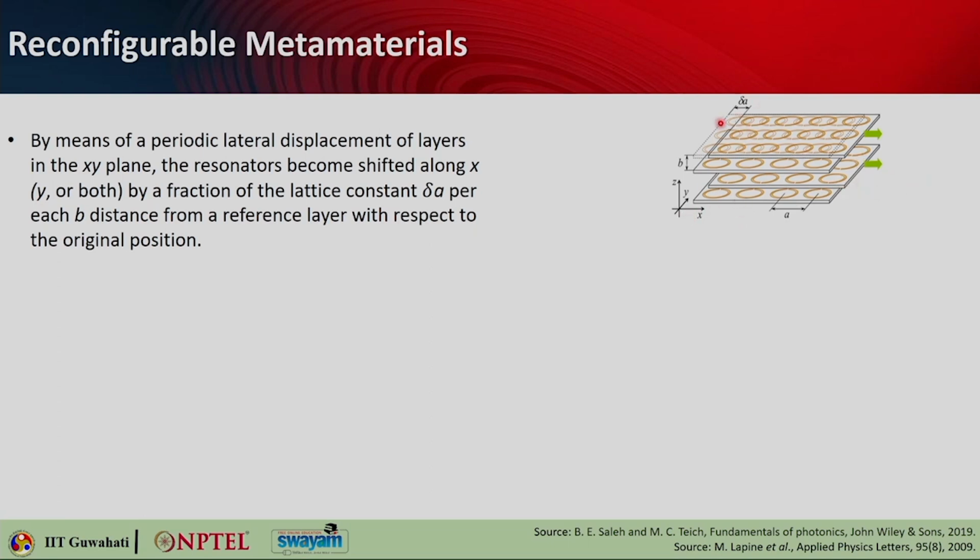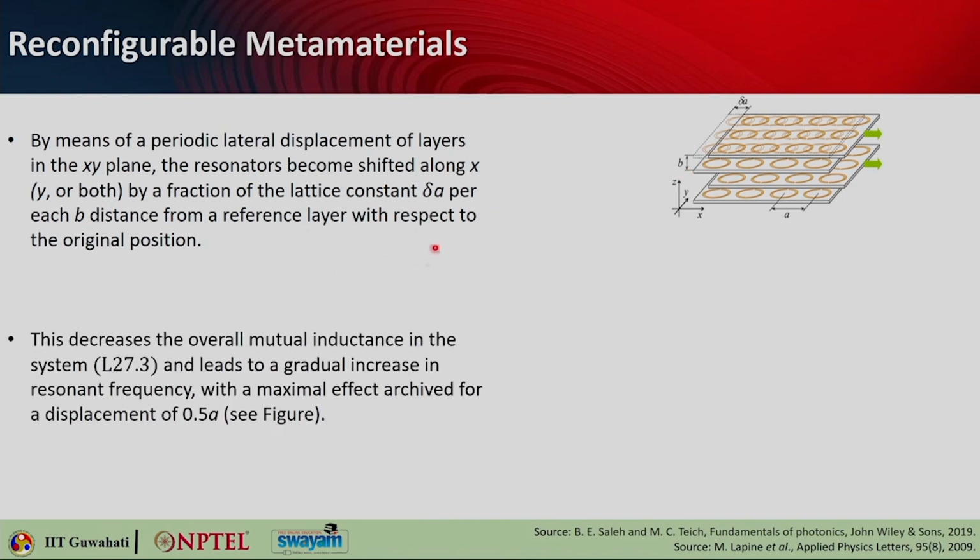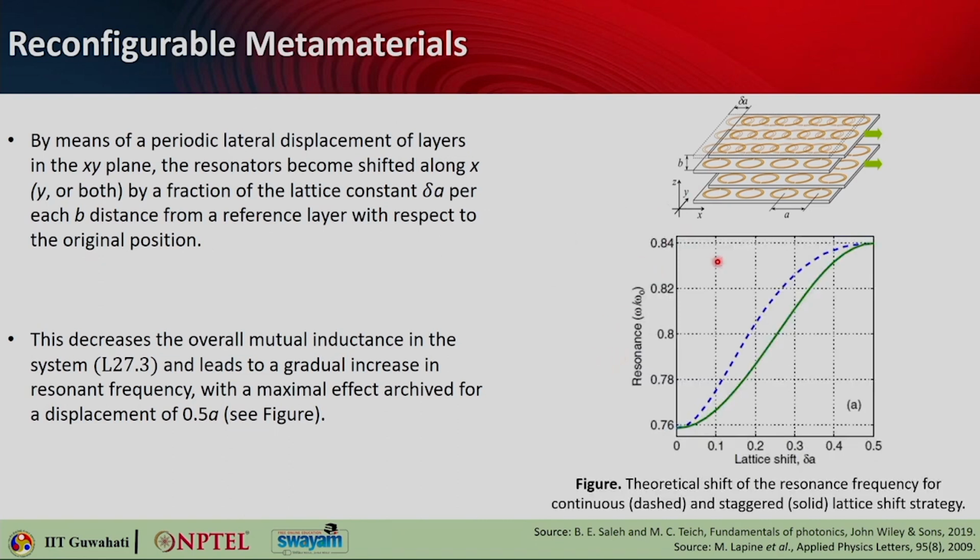And the amount of shift is basically delta A, and delta A per each b distance, that is the separation between the two layers, can be the way to represent this particular shift. And when you see this, because of this shift, if you plot the theoretical shift in the resonance frequency,